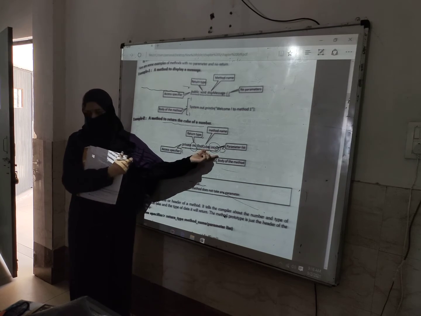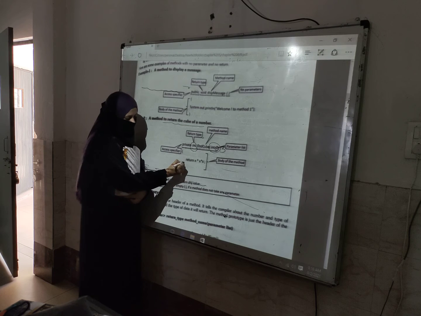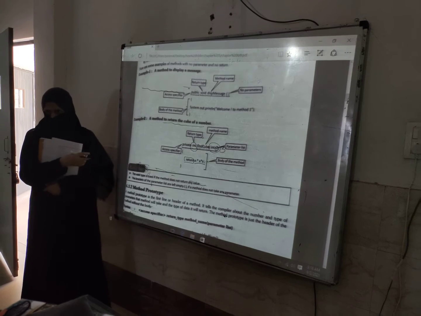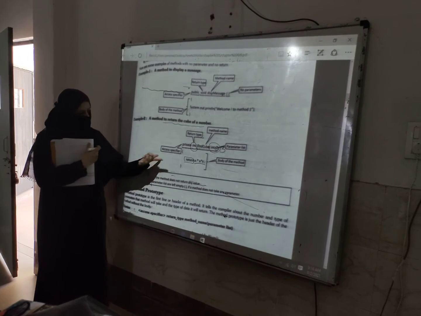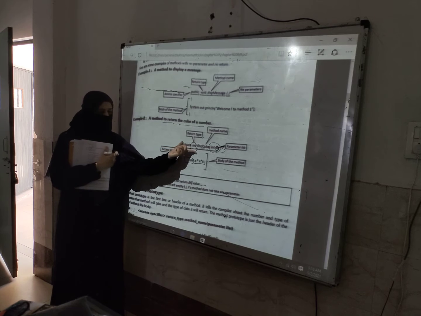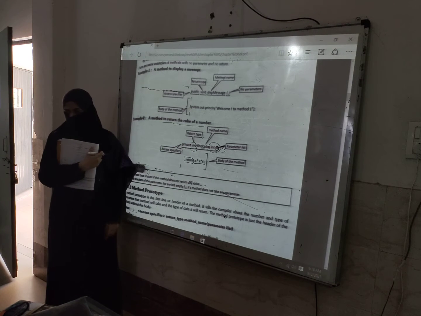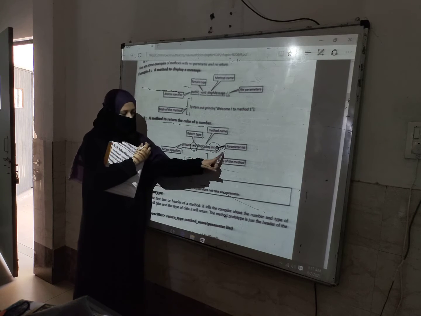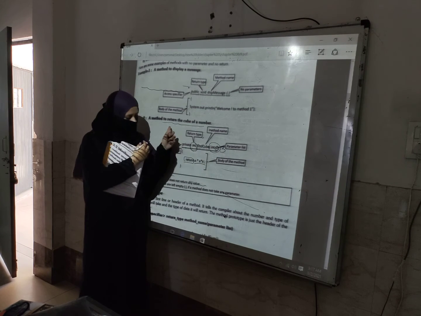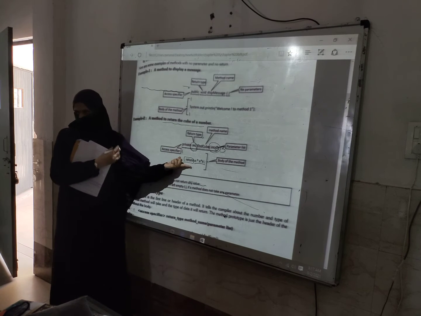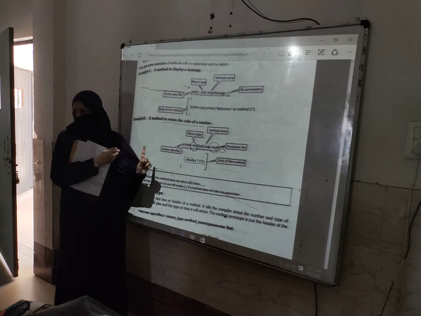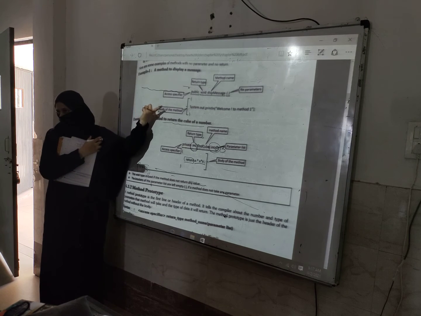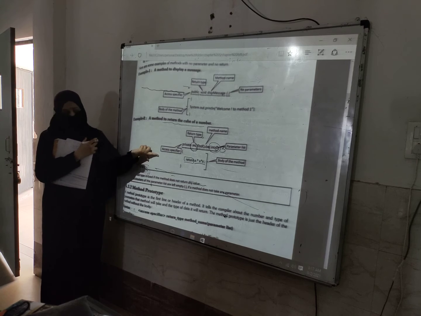To find the cube, here again you will write return x into x. Why are you writing return? This is the statement for a method when you are returning something. Return means this is an integer value, like 3 is an integer, so the method will return it.